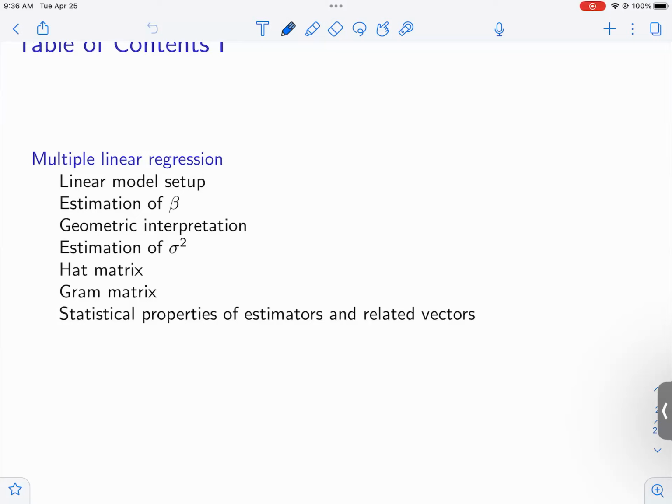So there are two parameters, beta and sigma squared. We talked about estimation. There are some associated matrices that we talked about, the hat matrix that you have seen in your work problems, and the Gram matrix. And then we talk about the statistical properties of these estimators. Okay, so let's start with